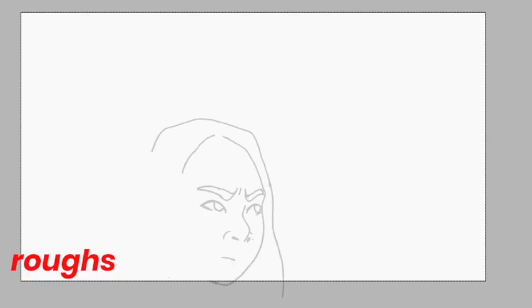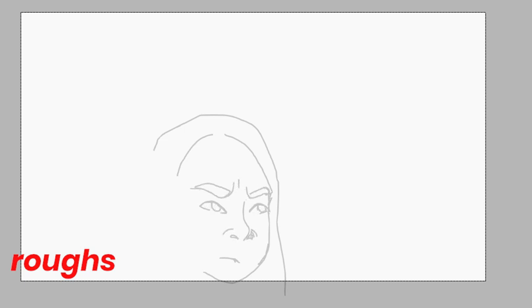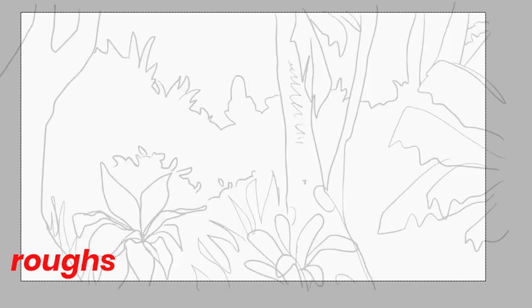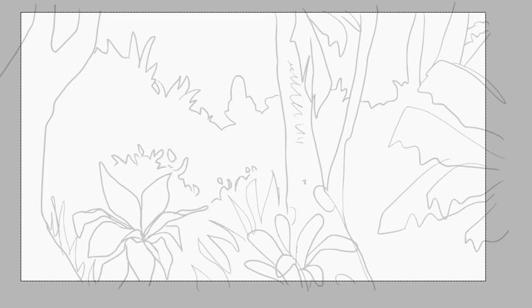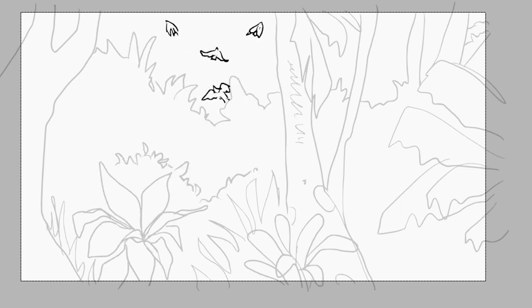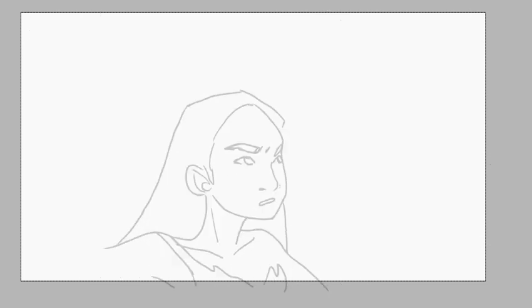So after that, it was time to lay down my roughs. This is what they look like at the start of this project. What you'll find as a common theme is it kept evolving and growing, and I added more scenes and more details to it. So it gets a little hectic, and there is no linear timeline for all these changes.